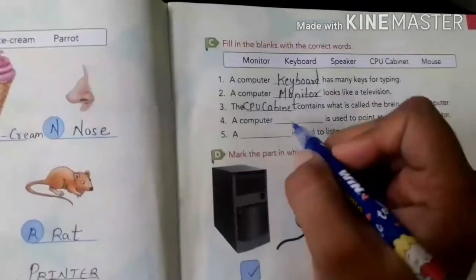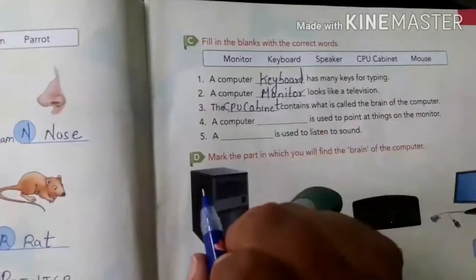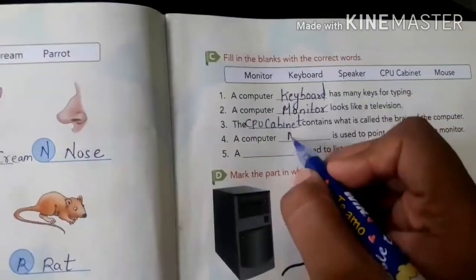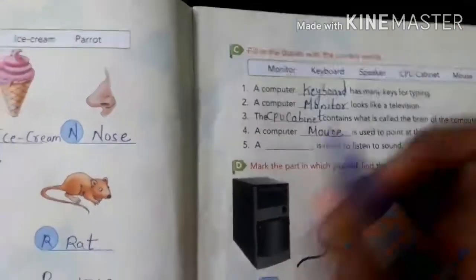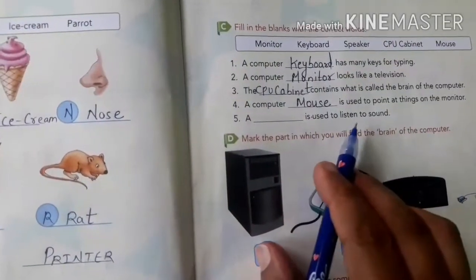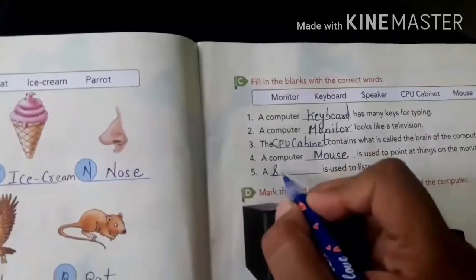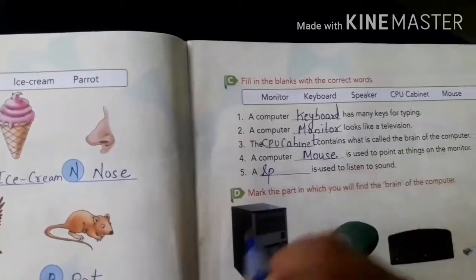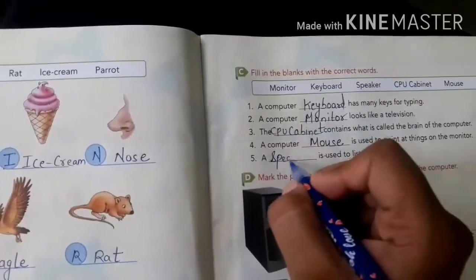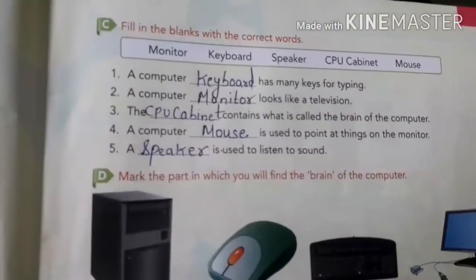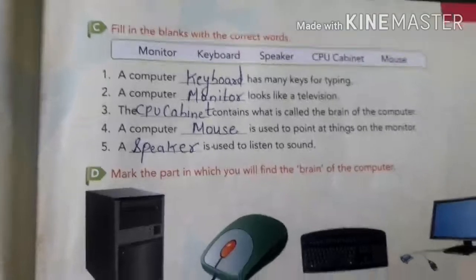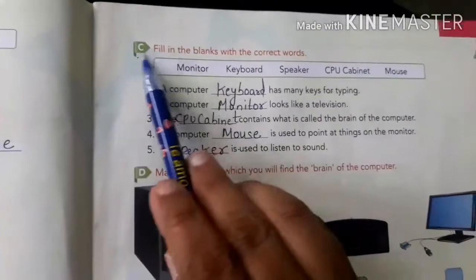Which computer part is used to point at things? Mouse. A dash is used to listen to sound. Which computer part is used to listen to music? Speaker. Okay children, this is the exercise of chapter number 1, C exercise.